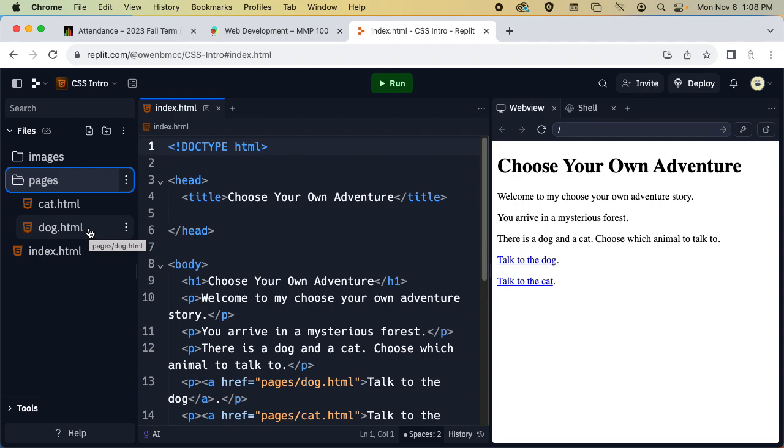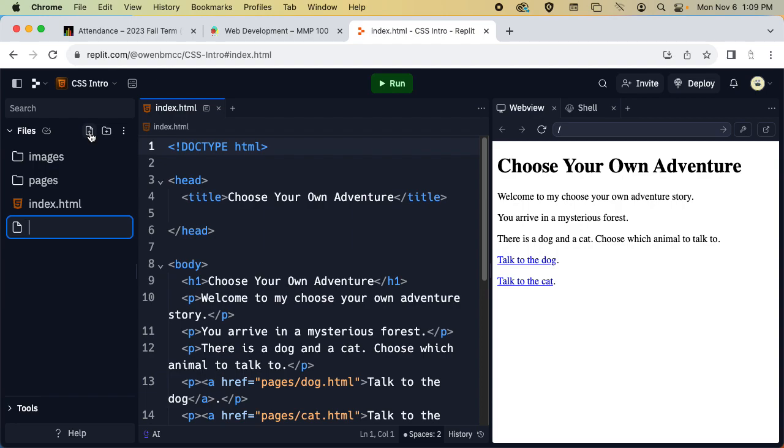But in order to do that, we have to be a little bit careful about the way that we reference the style sheet in our HTML. That's what we're going to cover first, and it'll also be a chance to review a little bit how our file system works. I'm just going to start by creating a CSS document, and then I'll create a couple simple rules to add styling to our website. Then we'll look at how we apply that style sheet to all of our pages. So to start, I'm going to go up to my file system here and click New